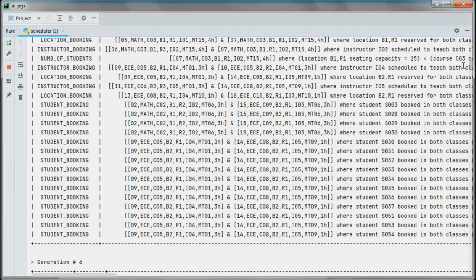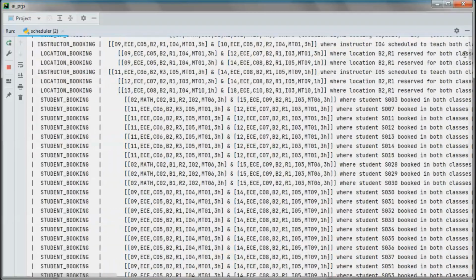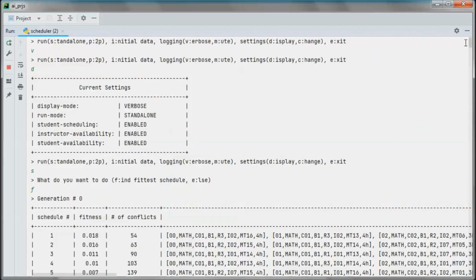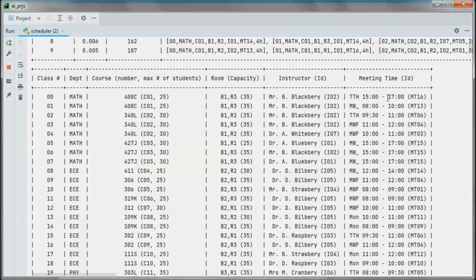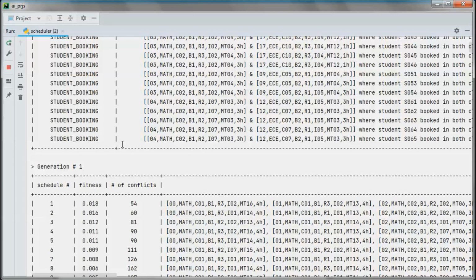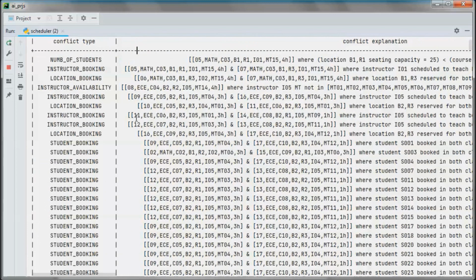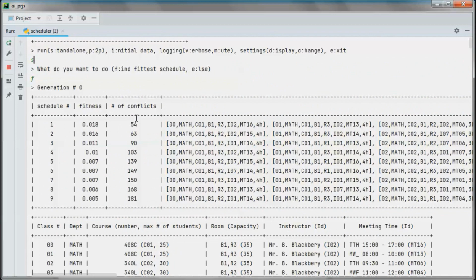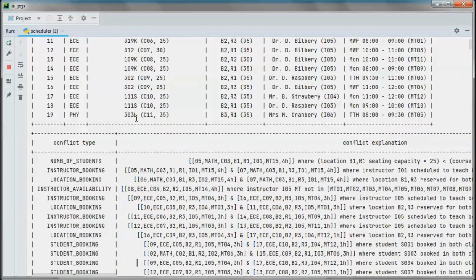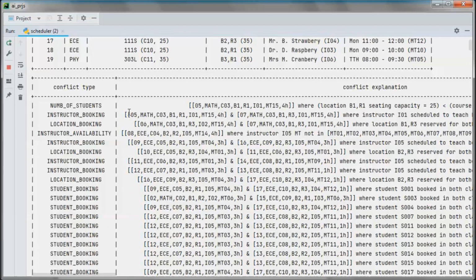And let's go up here. So generation 0. Here we have an instructor booking same meeting time.